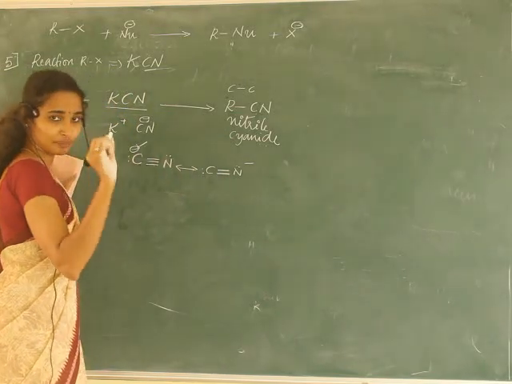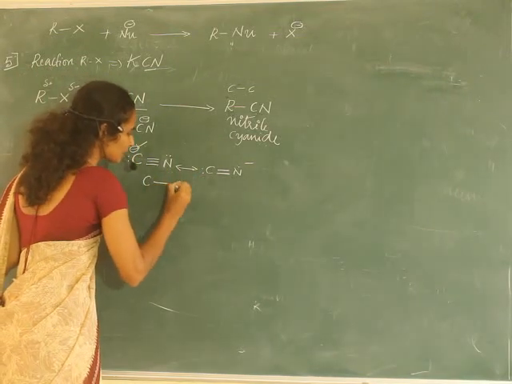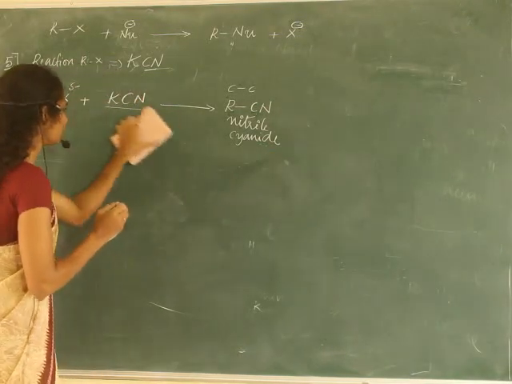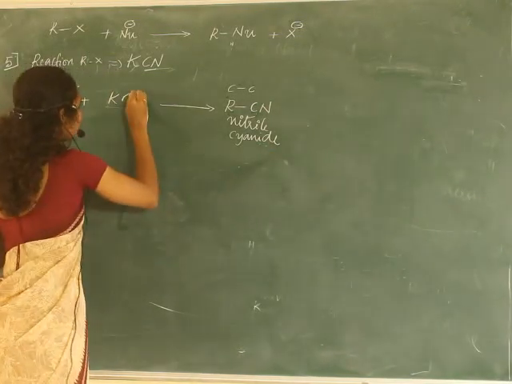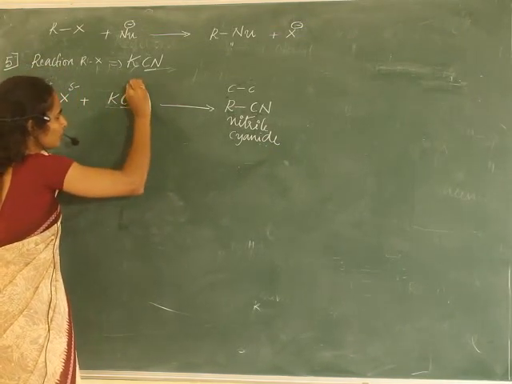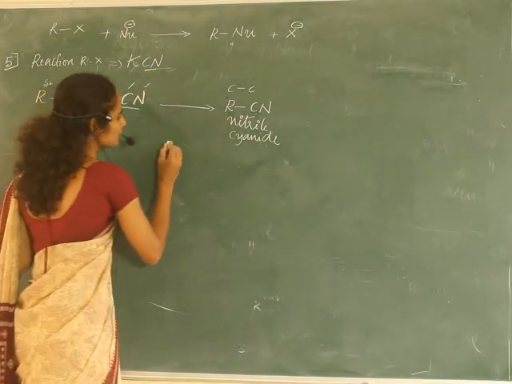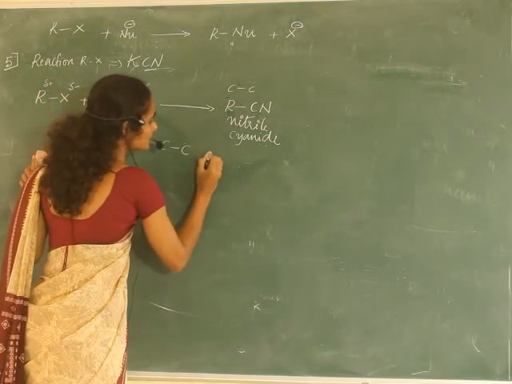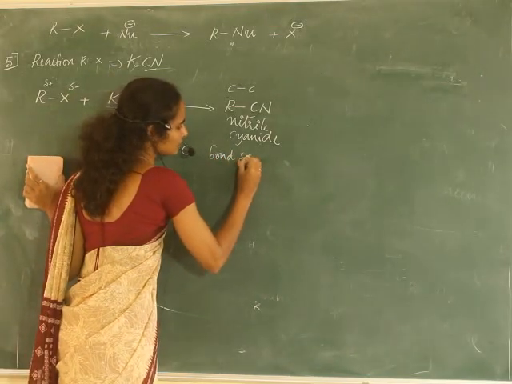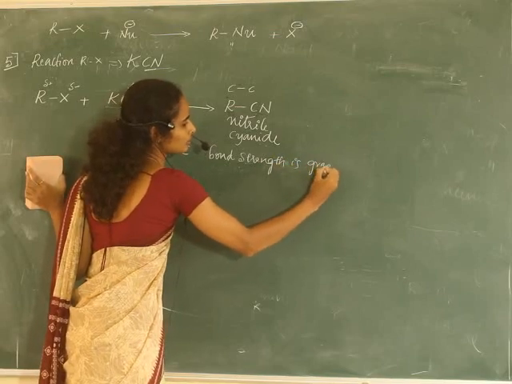It is because of the ambidentate nature, ambident nucleophile. But carbon bond strength is greater. I think it is clear for you. KCN is a nucleophile. It can bond either through carbon or through nitrogen. But carbon bond strength is greater, bond strength is greater